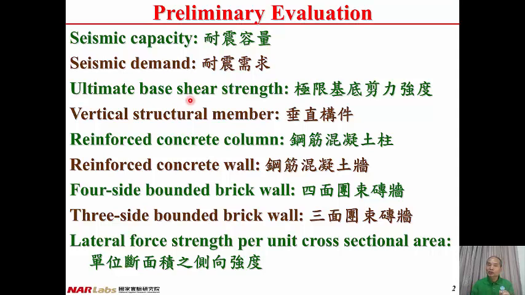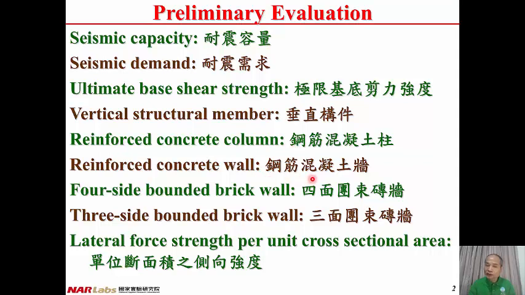Ultimate base shear strength is the maximum base shear strength of a building. In Chinese, 极限基底剪力强度. Vertical structural members, in Chinese, 垂直构件, including reinforced concrete column, in Chinese, 钢筋混凝土柱, reinforced concrete wall, in